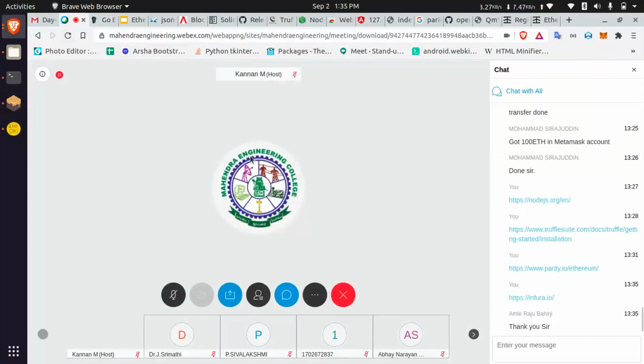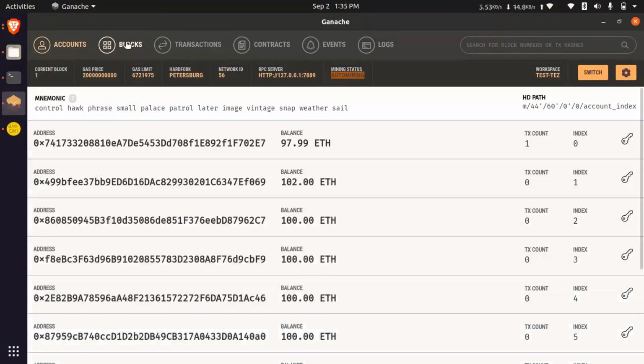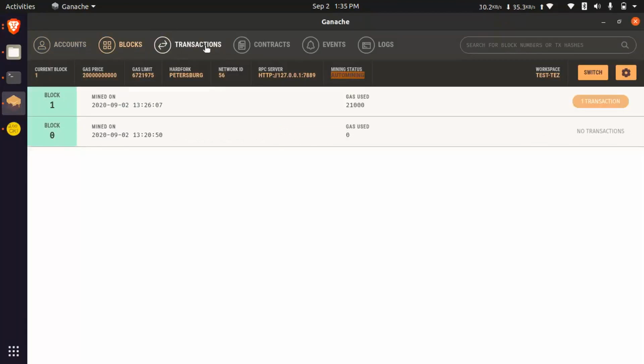Yeah. This will help for simulating the blockchain to students. That's why I'm explaining Ganache in depth. If you are simulating with Ganache, you can understand how blocks are created, how accounts are created, how we can create a network. That's why I explained Ganache deeply. This is for development purposes only. You can use Ganache. If you want to start a node, you need to use Geth.